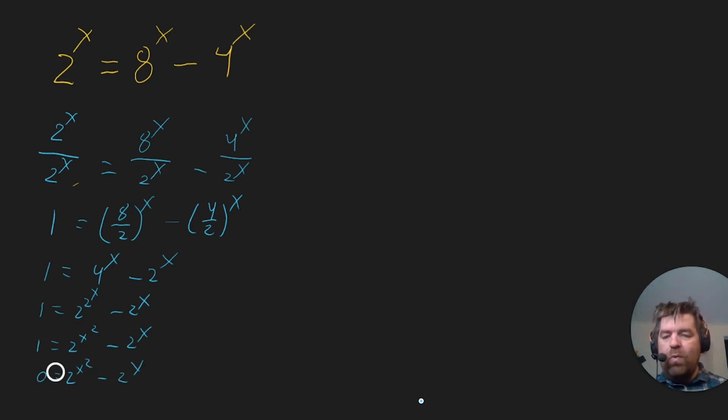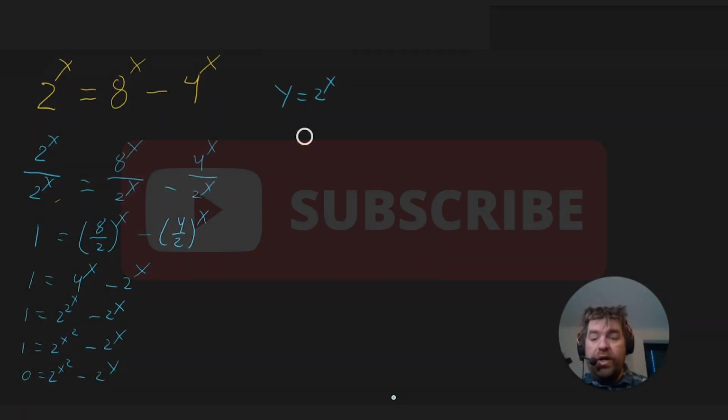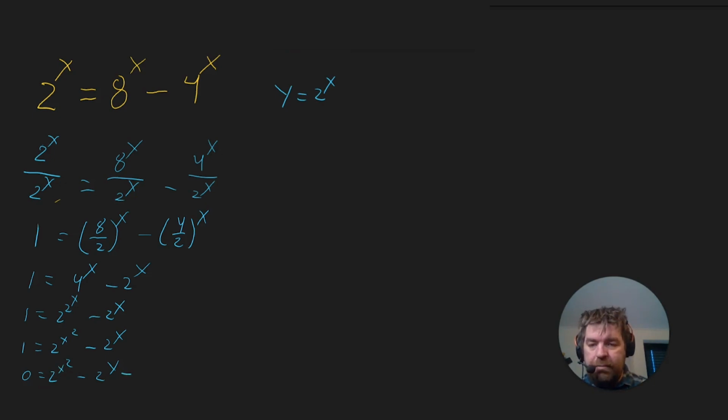And well, now we can define a new variable. We can define y. So if we say y is equal to 2 to the power x, and insert that right here, oh, I can see I missed a minus 1. If we insert that right here, we'll see that we have a quadratic equation where 0 equals y squared minus y minus 1. So we have a quadratic equation, and for the quadratic equation, we will use the quadratic formula,